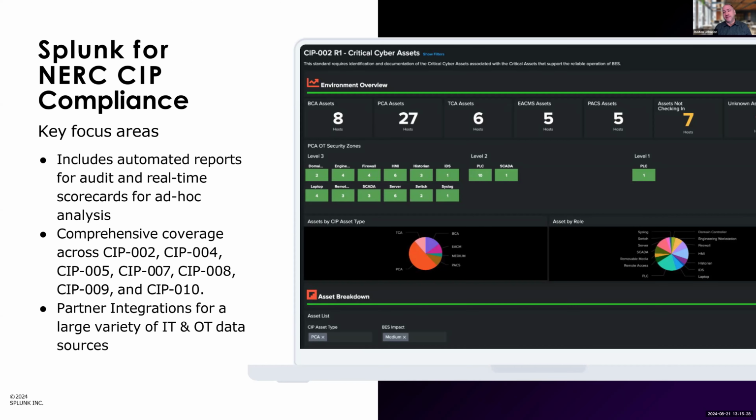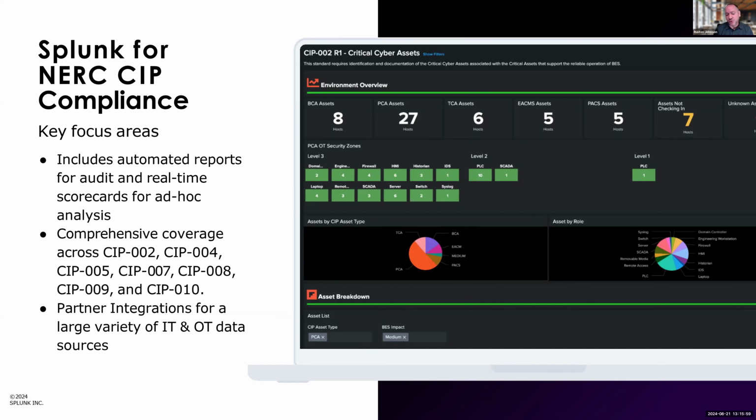But the third one, where we'll spend the rest of our time today, is how do you deploy Splunk in a way that's compliant? Splunk's a little interesting in that it can be in scope or out of scope. As a SIEM, it's going to be commonly classified as an ECOMS. So how do you actually prove compliance if you host that in the cloud? There are a number of challenges around that. But in other cases, we may just be dealing with BCSI, or just monitoring corporate and IT workloads, right?